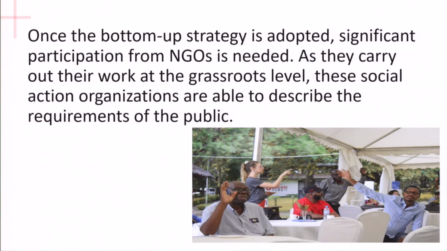As they carry out their work at the grassroots level, these social action organizations are able to describe the requirements of the public in a better forum. They have the knowledge and the experience that enable meaningful engagement, and they have the influence in the selection of choices which will in turn have a long term impact on the target community's quality of life.